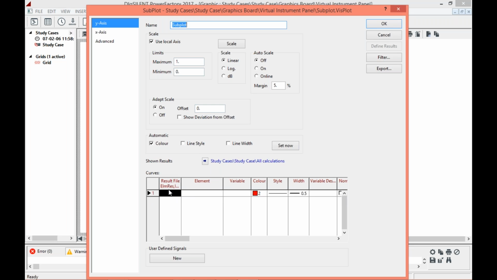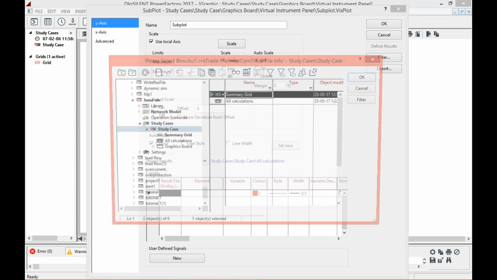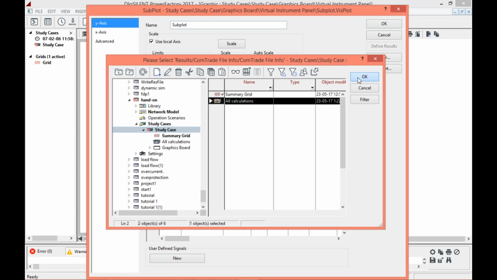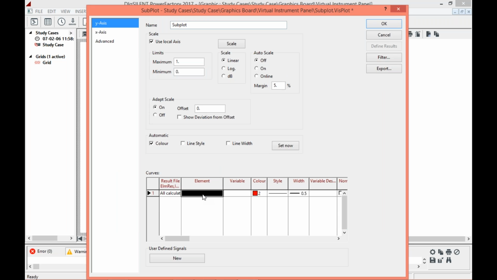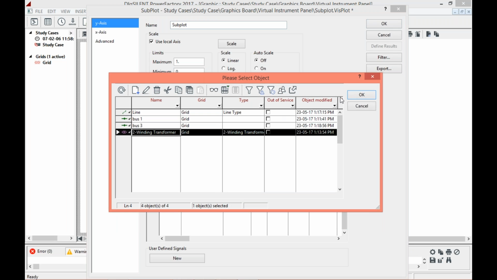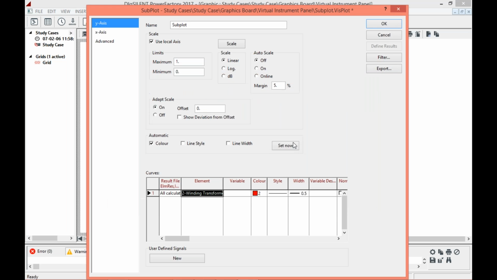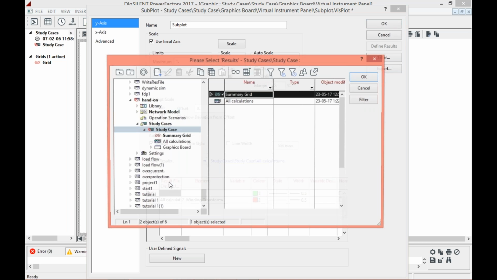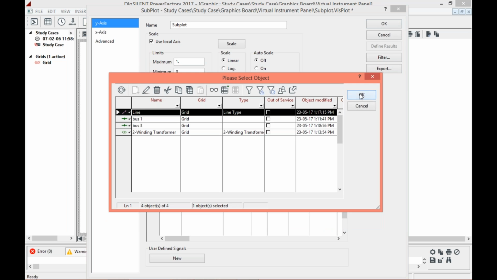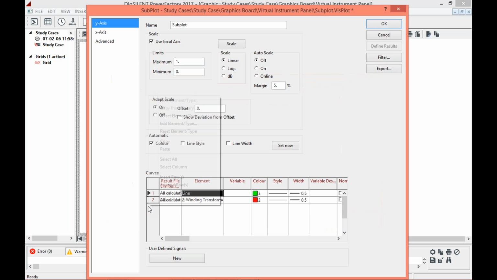The first thing is result file. So double click on this, go to summary grid and go to all calculation. Okay, and after that start introducing the elements. Double click on this and two winding transformer. Okay, insert row, double click all calculation, line, again insert row,